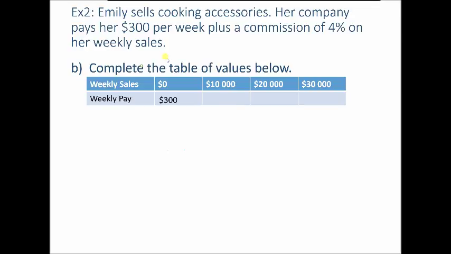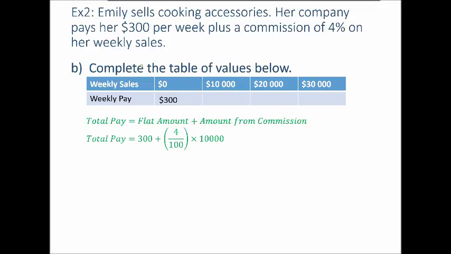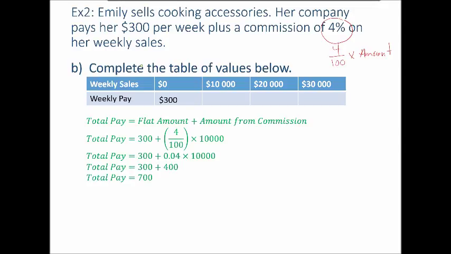So we want to come back to this principle that the pay comes from 2 components. There's the flat amount that she gets regardless of how much she sells, plus there's the amount that comes from the commission. So again, in this case, the flat amount is the $300. The amount from commission, well, we went over this in part A, 4%, that's 4 over 100 times whatever amount. In this case, the amount is $10,000. So I've converted to decimal. Again, you don't need to do that. You can put it all in the calculator straight away. But going through the calculation, I get that she's going to make $700 if she sells $10,000 worth of goods,